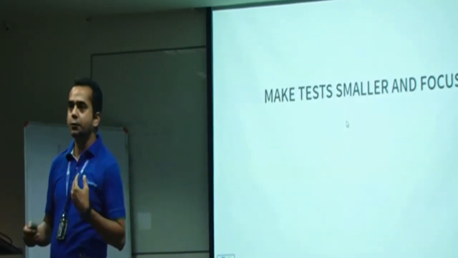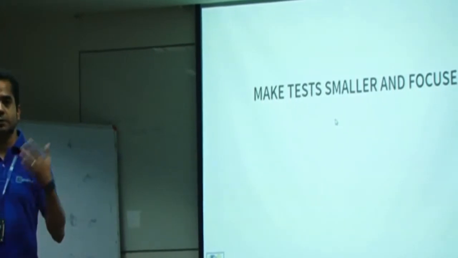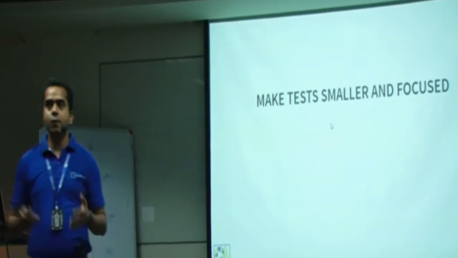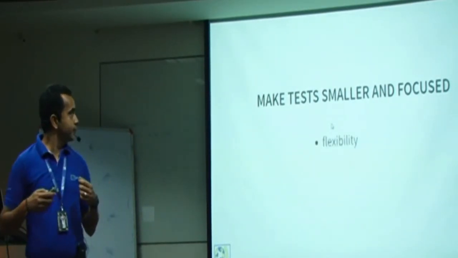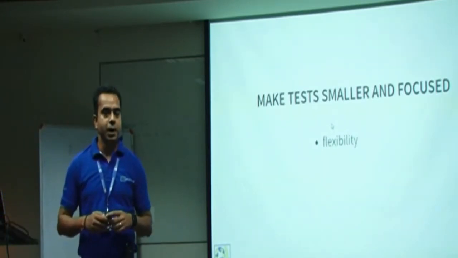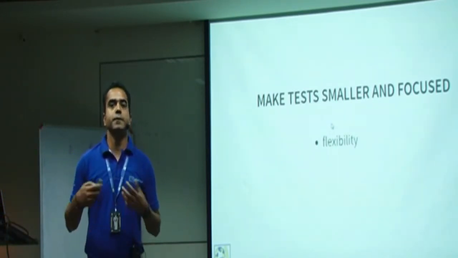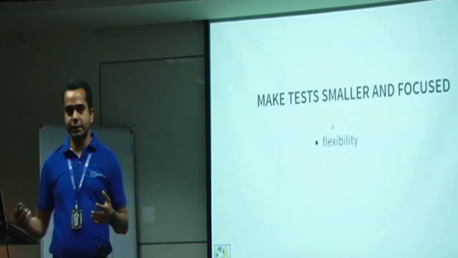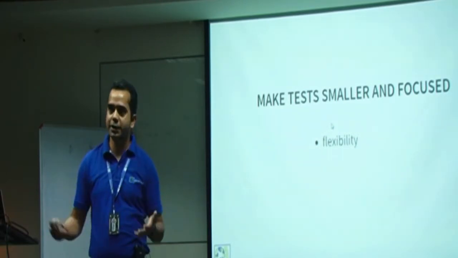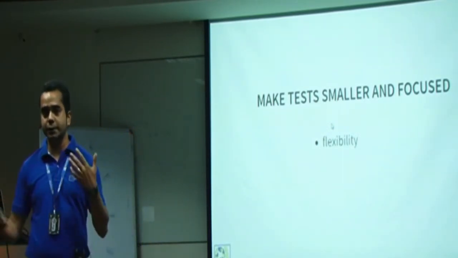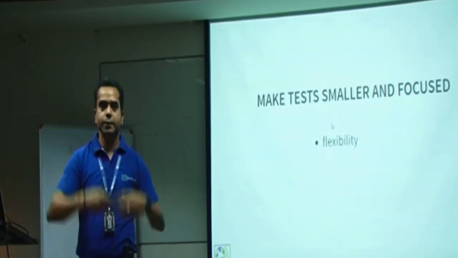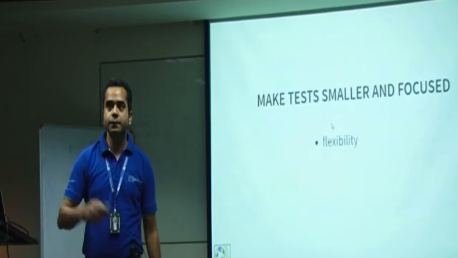Now, this is applicable to manual test cases also. This is not just the automation script. Like I said, it's all about quality engineering, being more focused, keeping our documents smaller. Now, how does that help us? That helps us because it gives us more flexibility. If you have a lot of test cases, you can create any permutation or combination that you want. You can have your sanity test, your smoke test or some other combination, you can have your test for this sprint release, the last 2 previous releases, or maybe for the whole application. So it gives you flexibility.